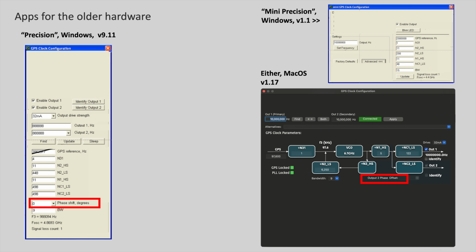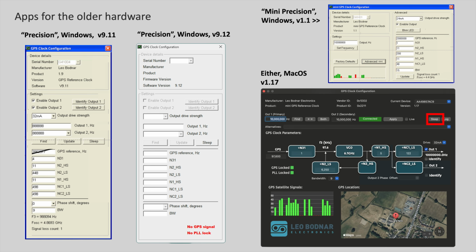I will be interested in the new version, how that works and whether that will be possible, perhaps for particular type of settings when there are multiples of each other. In the old software, at least in the Mac version again, you had a sleep functionality. I thought it was kind of a nice idea because what I would like in terms of sleeping of the device, which is not on the new devices software right now, is that you can bring the output stuff to a stop and all the lights, and that you would only keep the GPS unit up for PLL type